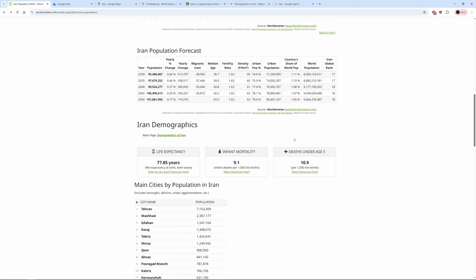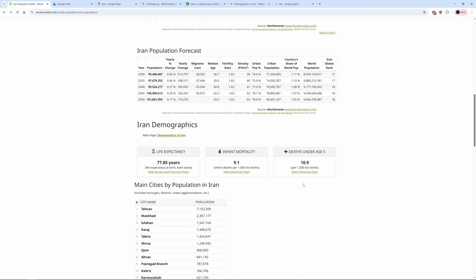I expected something like that to be below 70, but no, they are actually very well in that department. Infant mortality 9.1, and death under the age of 5 is 10.9. Those are huge in my opinion, but again, not a highly developed country, so I can expect that. Like I say, I like to see those numbers under 3, but that shows it's clearly not a very well put together medical system.